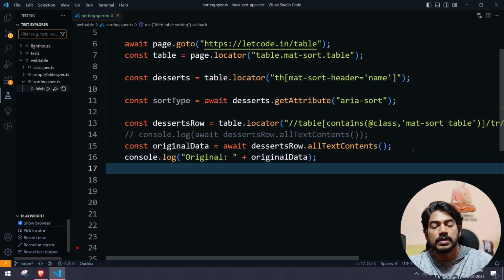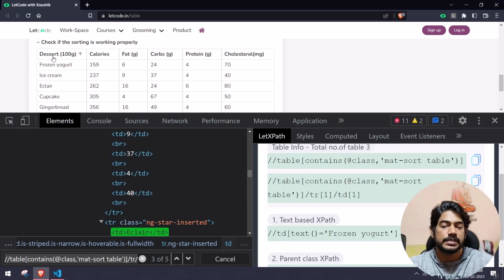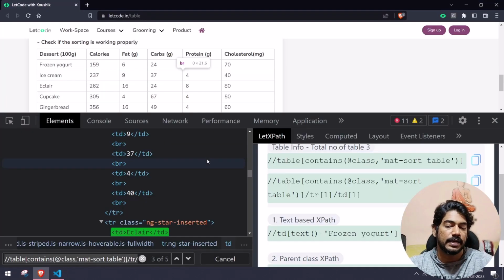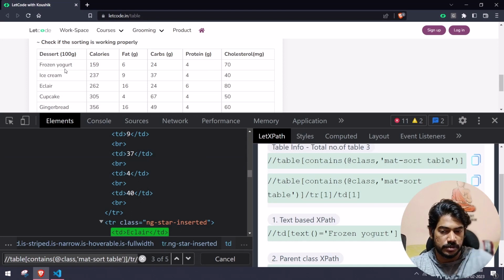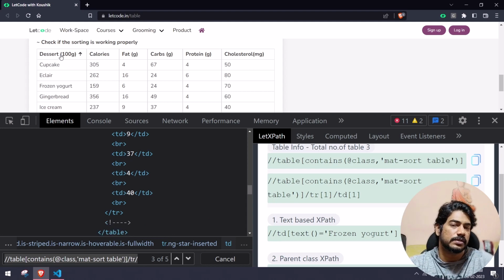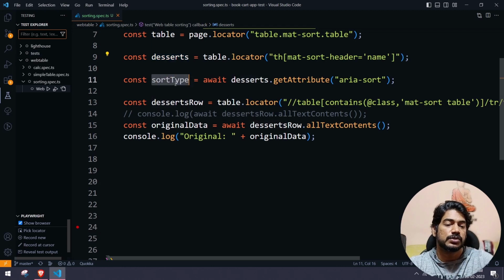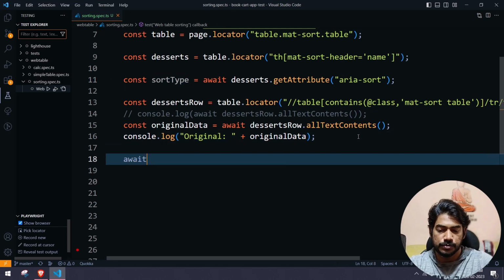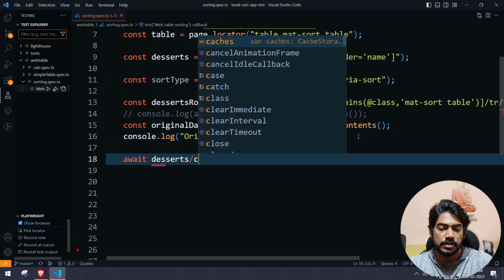Now once I click on this header, right, so what is our header? This is our header, right? So once I click on that, I have to find whether it's an ascending order or a descending order. Of course we can say once I click it, the first one is going to be ascending, but just to make sure, we are going to use the sort type as well. So for example, here I'm going to do the click. So this guy dot click,